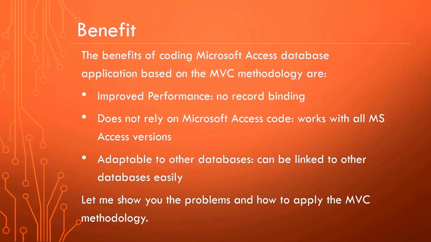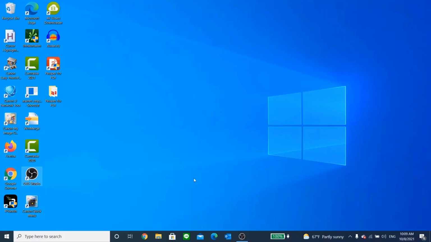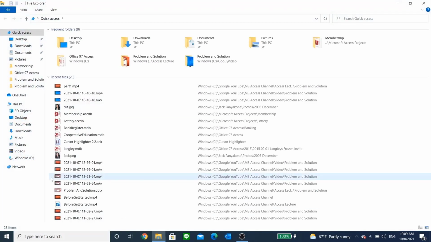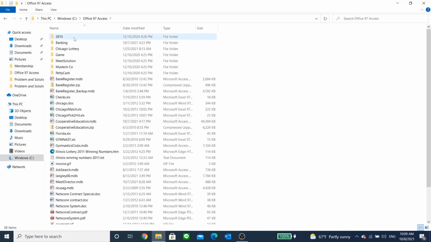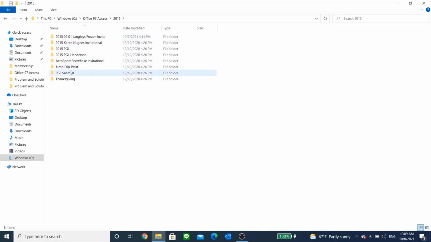So let me show you some of the problems and how we can apply this to our development. Alright, so let me show you some of my older Access databases. This is my new computer, so I imported a couple of them in here, and let's take a look at the older one. This one, I think I developed this one for organizing gymnastics competitions,